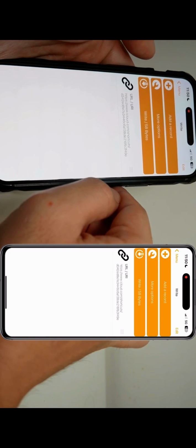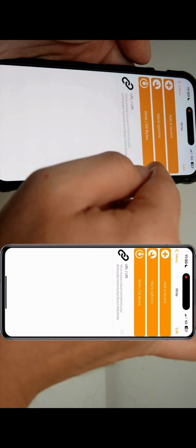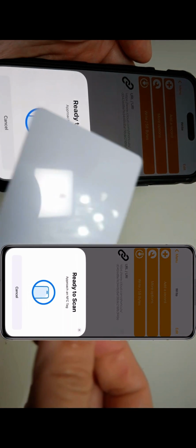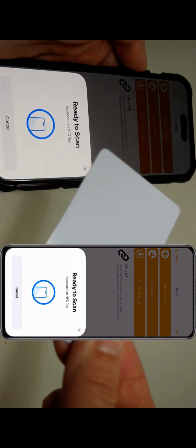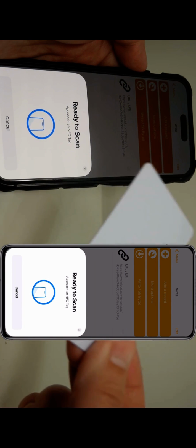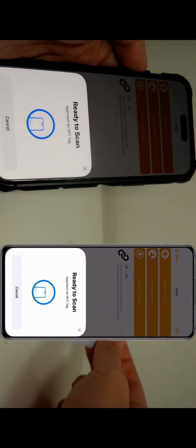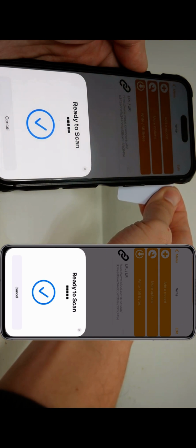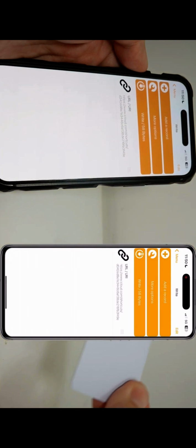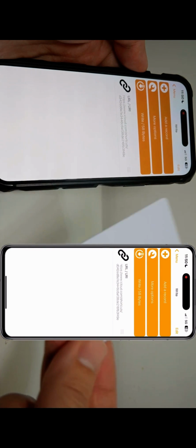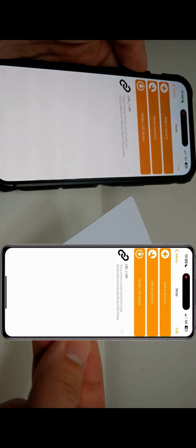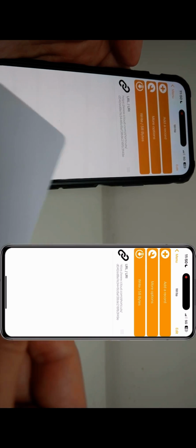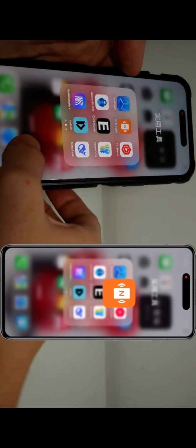Alright, so now you just need to press write and use the NFC card or NFC tab. Put it behind your mobile phone here, and done. In this case, your NFC card or NFC tab has already recorded your calculator 2.0. Now you can use this card